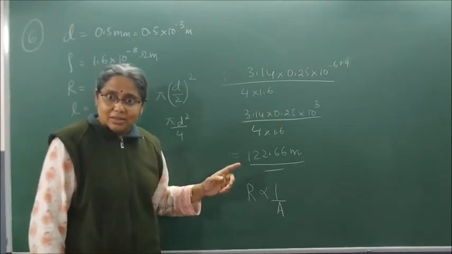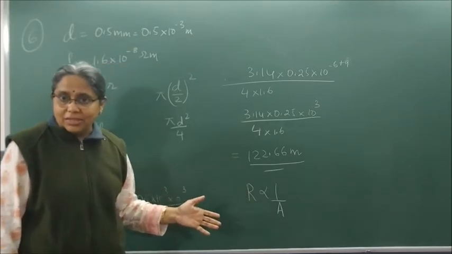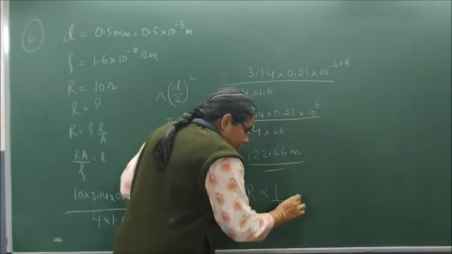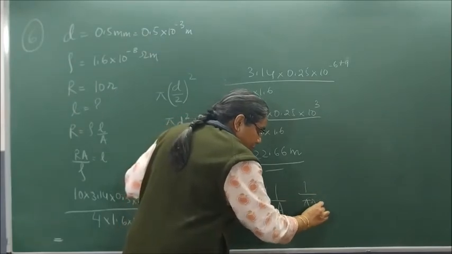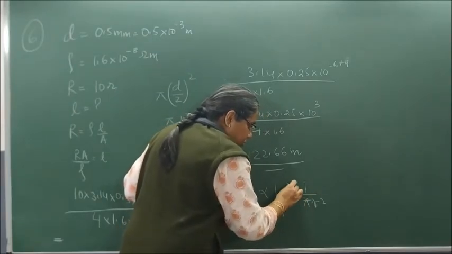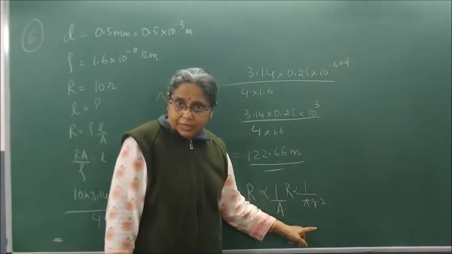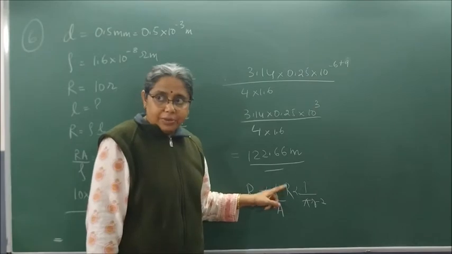Area is pi r square, so resistance is 1 by pi r square. Now if radius is doubled, resistance will become